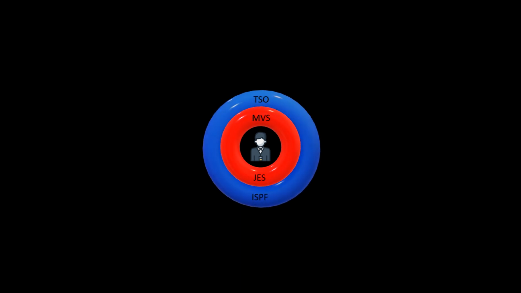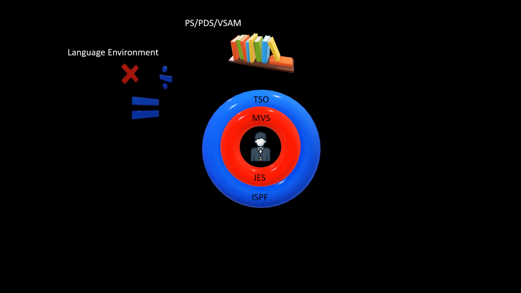Being an orthodox z/OS system programmer, our world is pretty much defined. Our learning curve is quite experienced, and we all follow the same path for years. Our core area is MVS and JES2, and to work with them we frequently use TSO ISPF services. We learn about different file types, PS, PDS, VSAM. We learn about different language environments, and then start writing our own JCLs using IBM utilities.